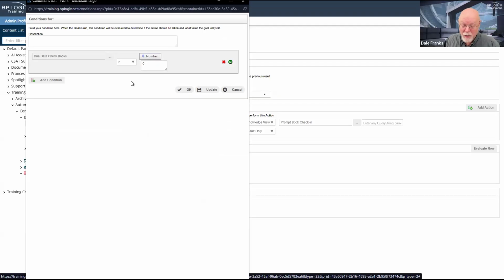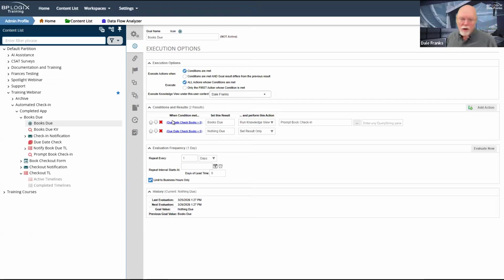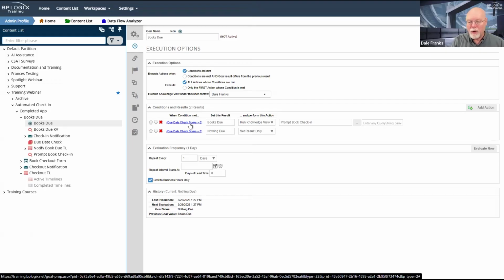Although if there are 0 rows in the knowledge view, it will return 0. So I'm just checking to see if it's greater than 0, because if there are any rows returned by the knowledge view, then my business value is going to return that number of rows. And any number other than 0 means I need to prompt my book check-in.